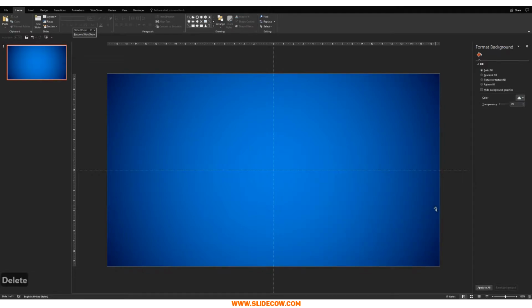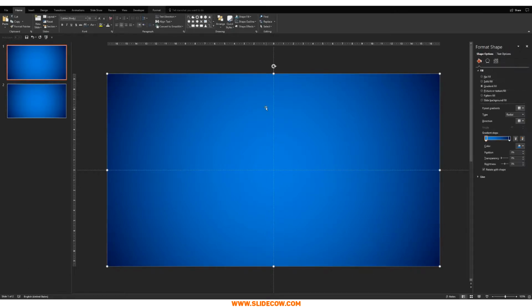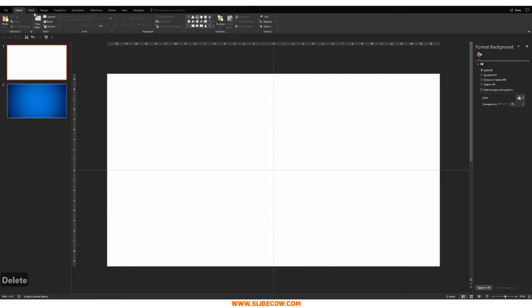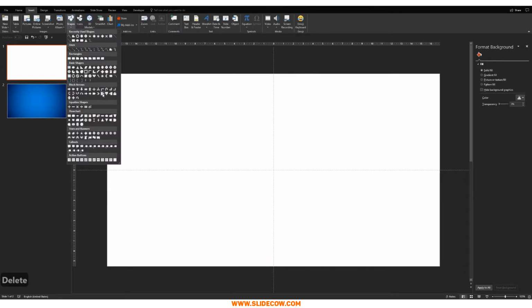All right, so I'm going to make another slide now because I'm thinking maybe we should just go with some sort of symbolic meaning for the holiday. And I was thinking a snowflake, and I have to make a snowflake from scratch, right? So in order to do that, I'm just going to delete this slide for now. And I'm just going to go to insert, click on shapes, and then click on this circle over here,